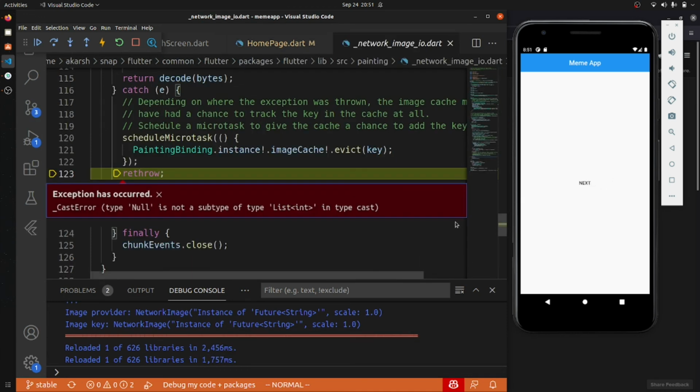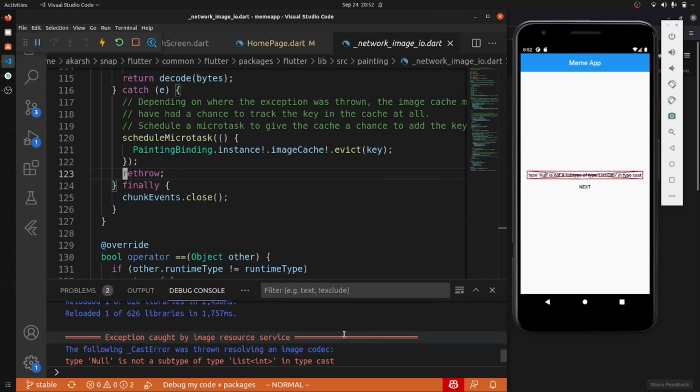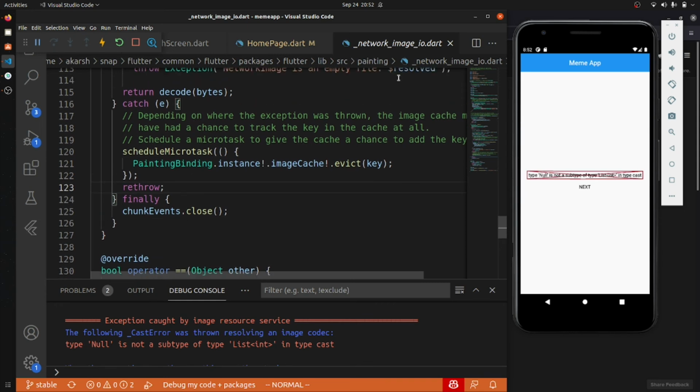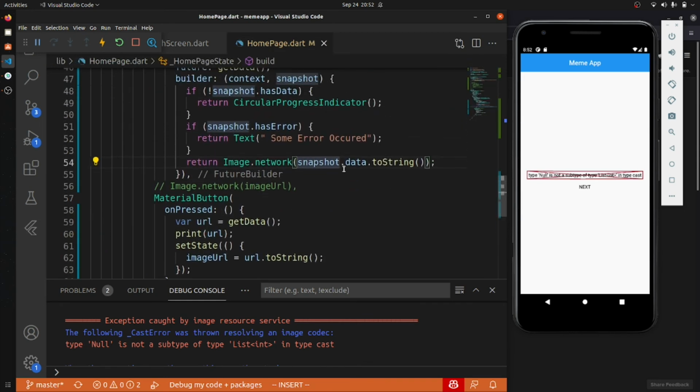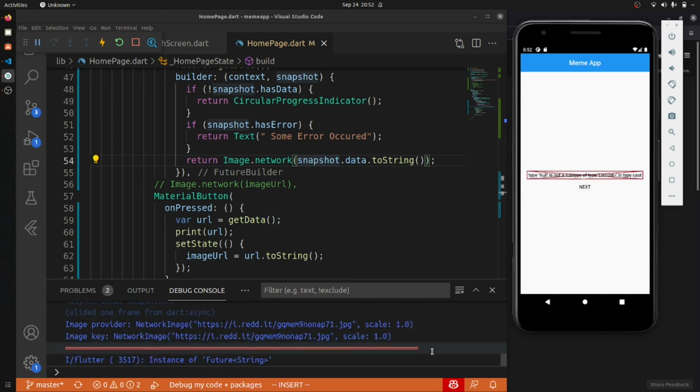Okay, so we got an error. Why did we get this error? Null is not a subtype of list. We are getting an instance of future.